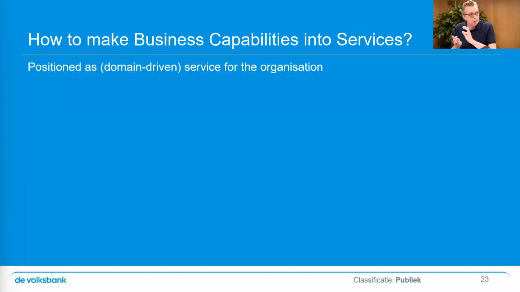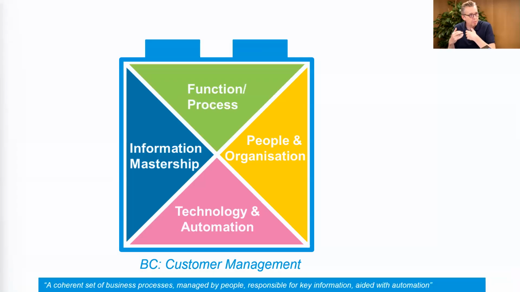People, process, IT. So you already said it a few times. It's business services. Those capabilities at one point start to provide services to the customer, but also to the rest of the organization, to be able to be orchestrated or orchestrate other capabilities. How do these business capabilities come to life then to provide those services?